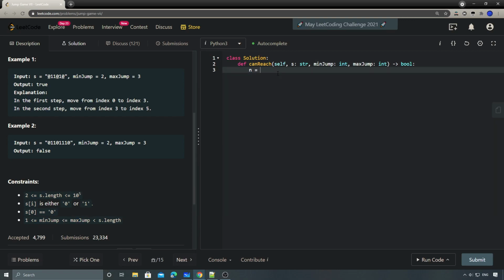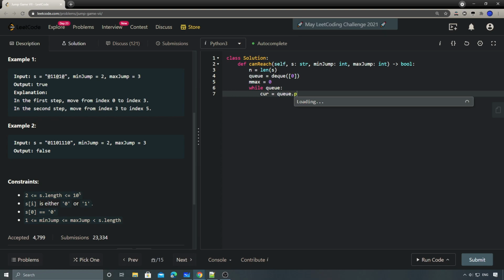Let me see. We have n being the length of s, and then we have a q. Since we're going to do pop left, I'm going to use a deque here. We need a max, right? That's the only thing we need here. And then while q, current equals q.popleft(), and then for i in range of,